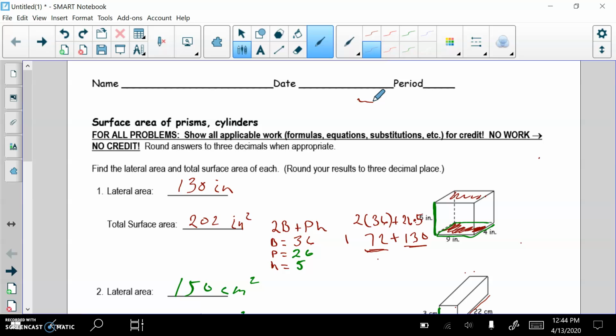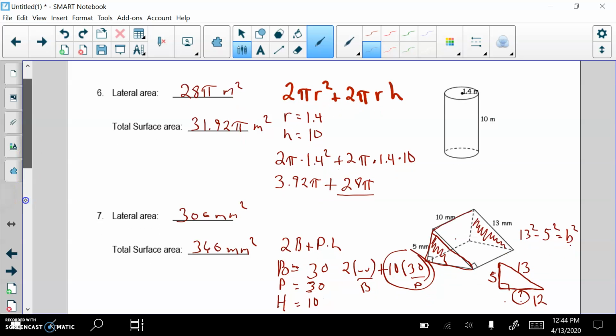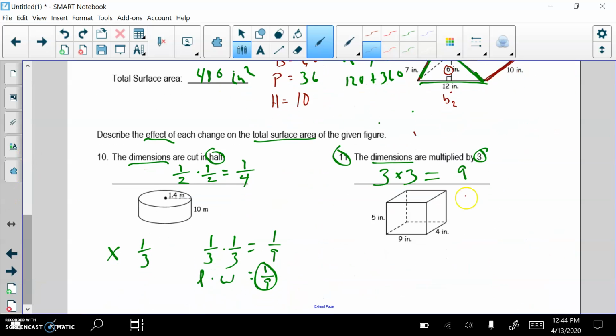There we go. So this had a total surface area, 5, 9, and 4. Question 1, 5, 9, and 4. That had a total surface area of 202. Now I predict that if I multiply these dimensions times 3, if I make these dimensions 15, 27, and 12, I'm definitely going to need a calculator. I promise you, if you plug these 3 numbers into the surface area of a prism equation, you will get